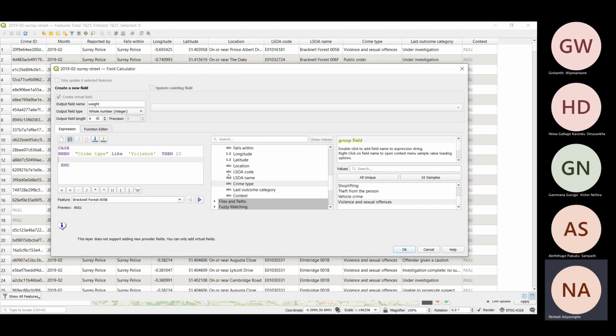Okay, so under the next phrase I'm going to write when, and then the crime type like, let's say robbery, then the value like 8,